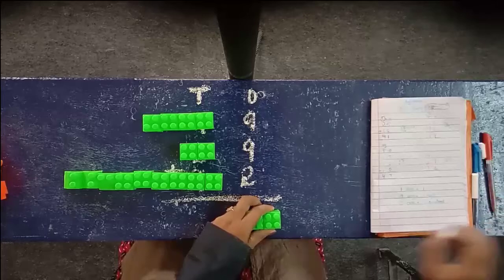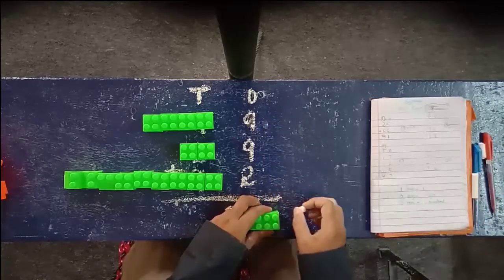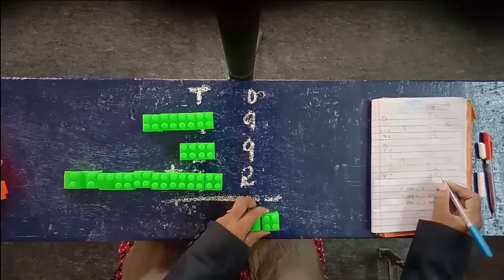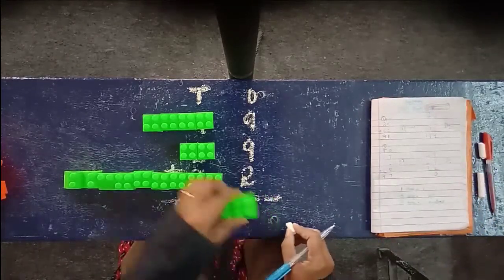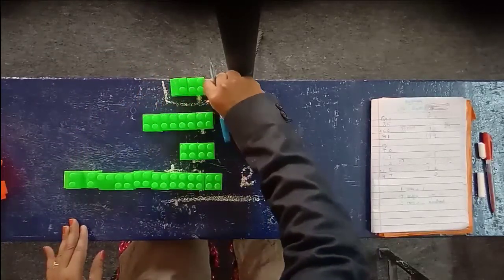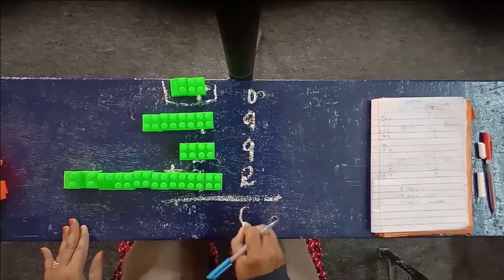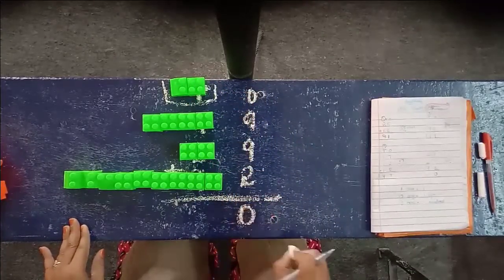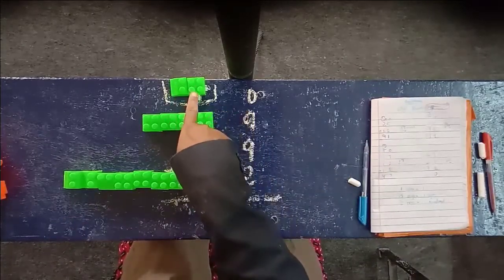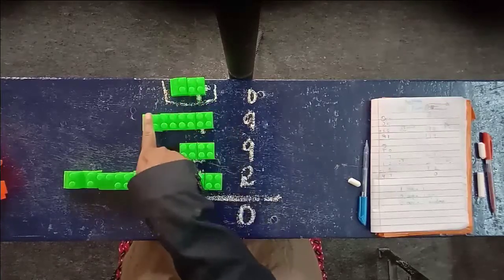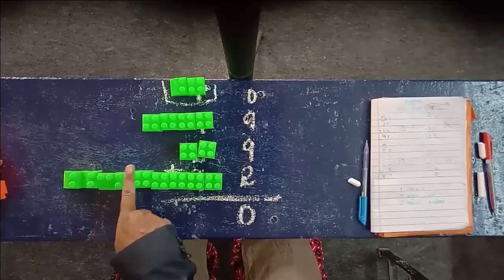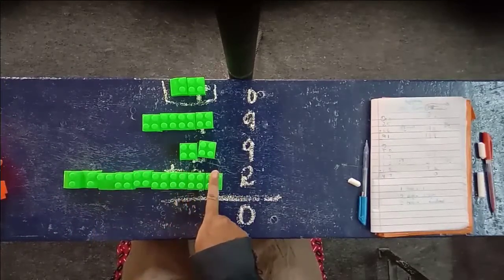But these are tens, we should not write them in the ones place. So here this 0 I am taking as the answer, and this 2 I am taking as a carry. When I take this 2 as a carry, nothing is there in the ones, so you can take it as 0 here. Now let's count the tens digits. First you count the carry also. 1, 2, 3, 4, 5, 6, 7, 8, 9, 10, 11, 12, 13, 14, 15, 16, 17, children.